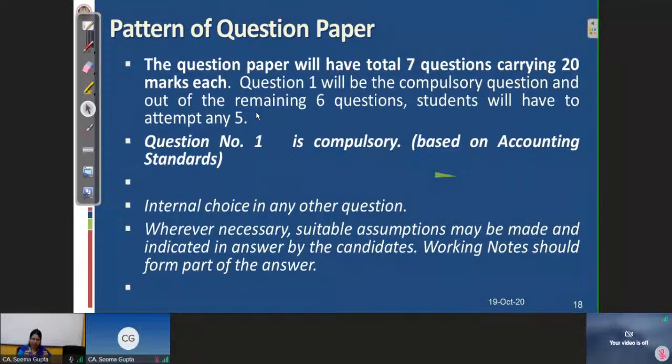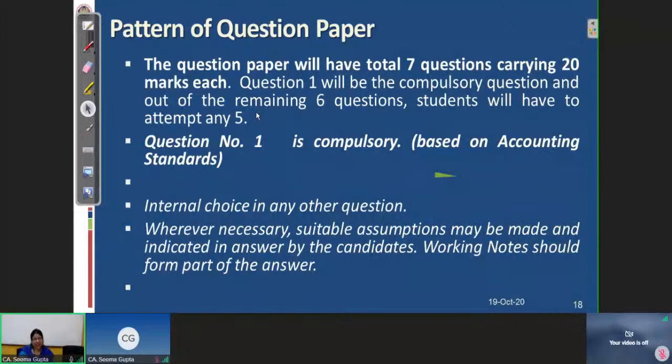Definitely, if you are uncomfortable with any particular para, or if you are not sure about your understanding of any particular topic, then you can read it once more, and if you are still not thorough, then you can ask us to have a more detailed understanding of that particular provision. But reading is important. Again and again, we are saying that studying is important.